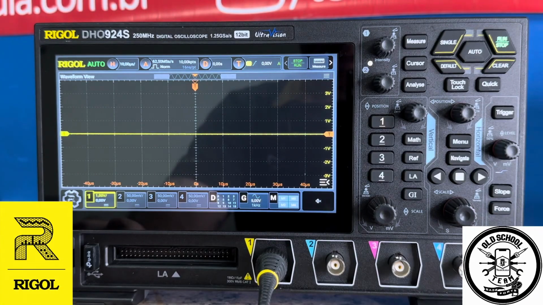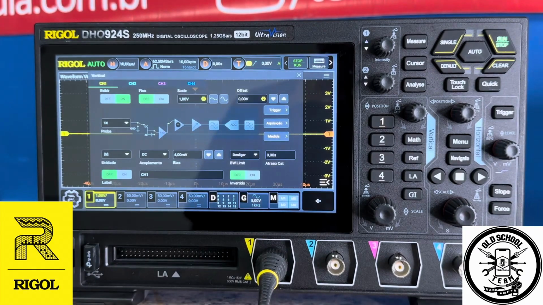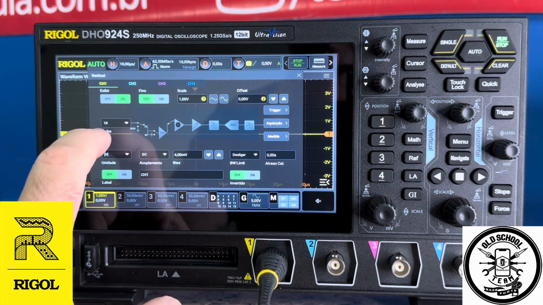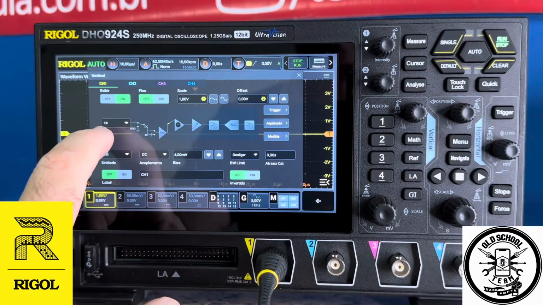Now let's check the channel 1 menu. So I'll quickly click on the channel 1 menu here. I'll have the menu configuration there. Let's go to the probe now. Digital multiplication factor, times 1. So it should always be in times 1 in the DHO series,